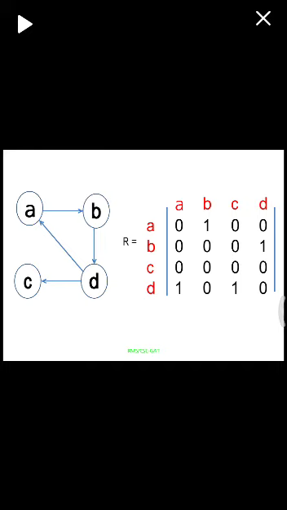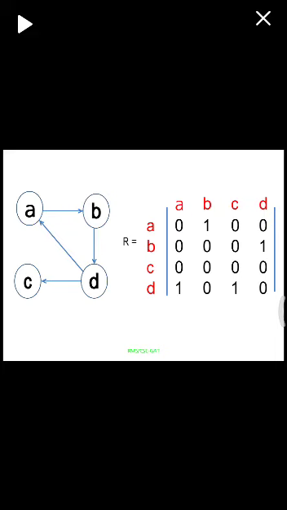Now if I see the third row, from vertex C we can't connect directly to any other vertex, so completely it is 0. Now starting from vertex D, I can reach vertex A with a direct edge and vertex C with a single direct edge. So D to A and D to C is 1, and D to B and D to D, the main diagonal, is 0. So like this we can construct the adjacency matrix for the given graph.